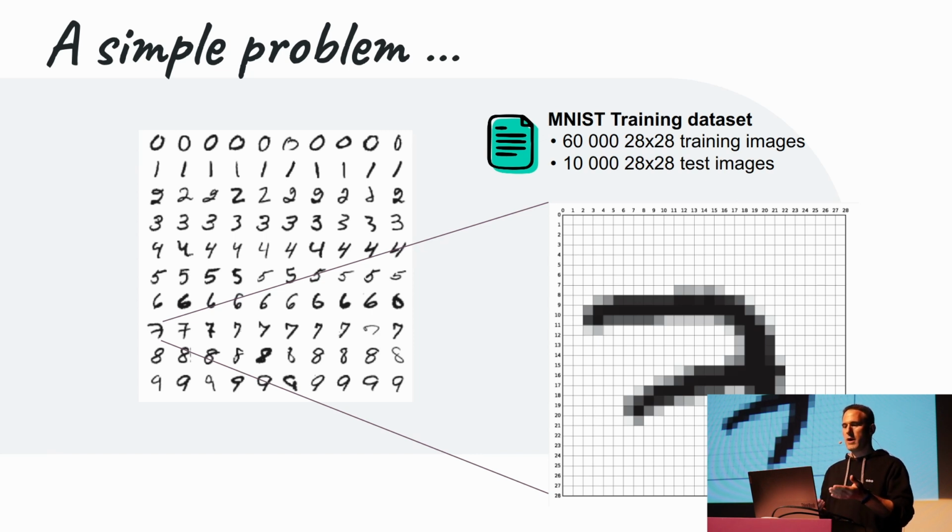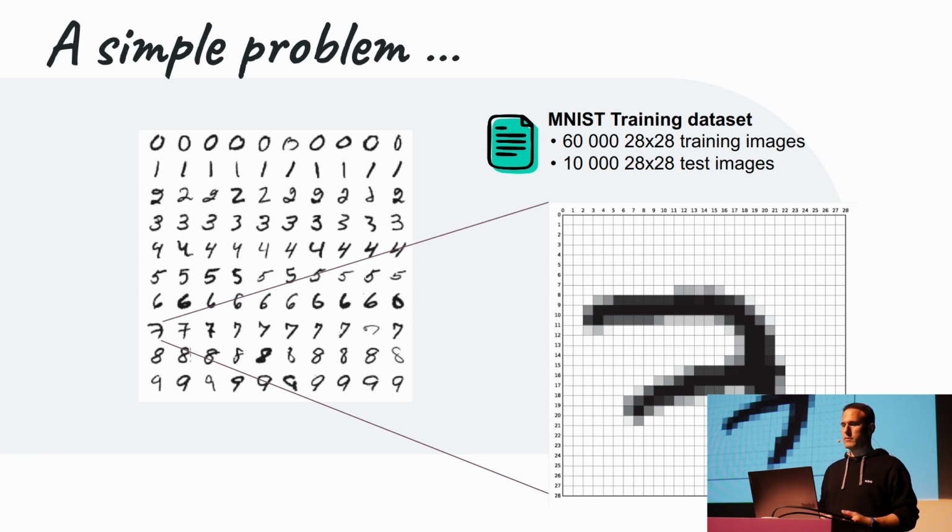For instance, here we have a picture, a low resolution scan of a handwritten digit. And the problem would be to recognize what digit this represents and do this reliably over a large number of handwritten digits. If you were to sit down and write a program to implement this as an analytical solution, it would be quite hard, right? It's not easy to solve this problem in a generic manner. But it is actually something that neural networks are very good at doing.